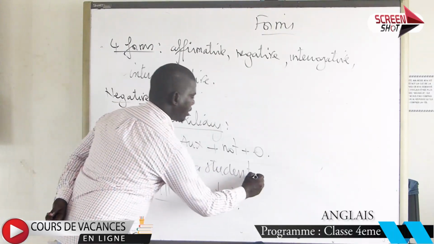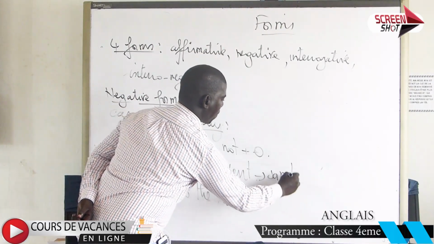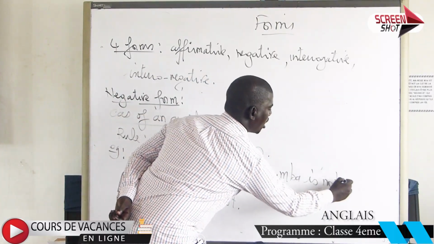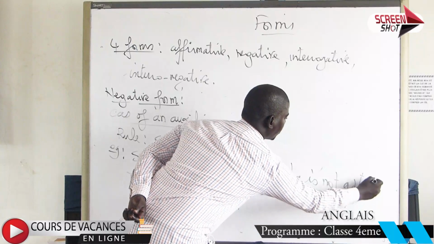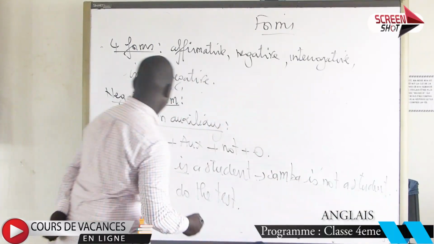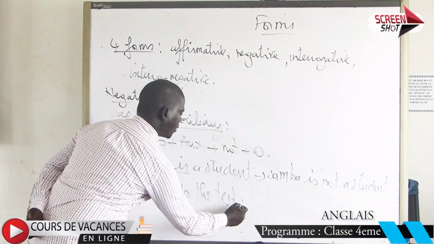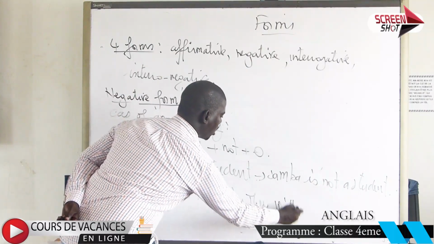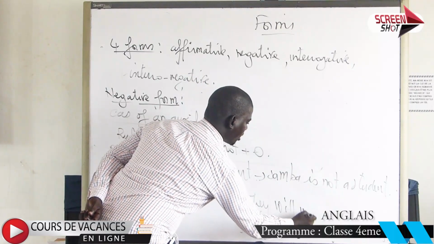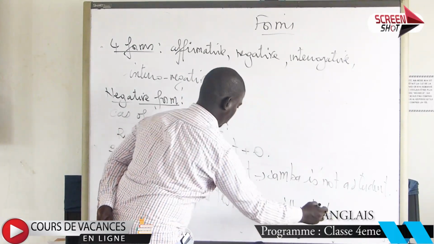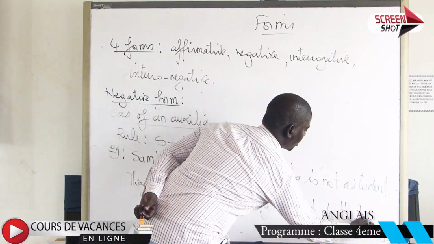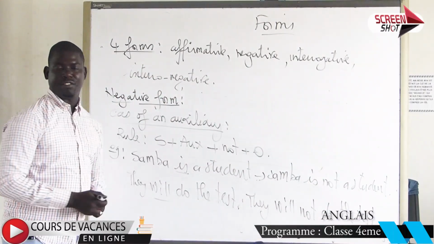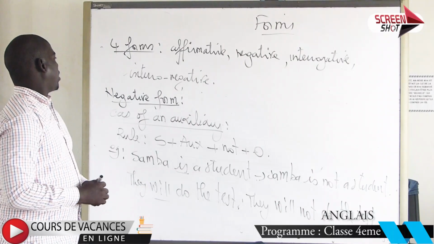So here Samba, okay, is not a student. And here they, okay, will not do the test. Okay, now for the negative form, to sum it up in French, la première chose qu'on a eu à faire,